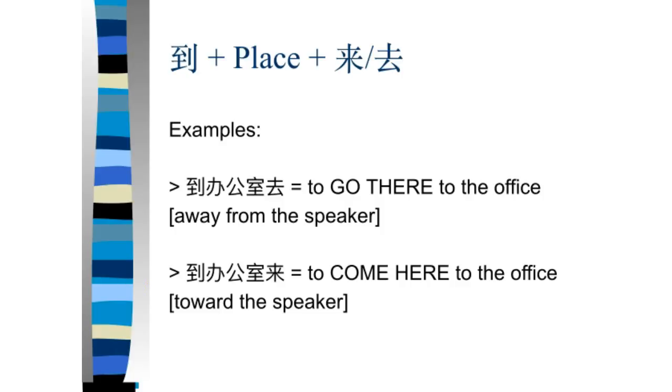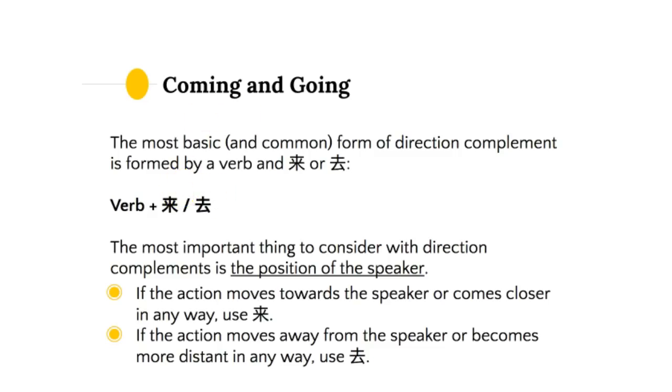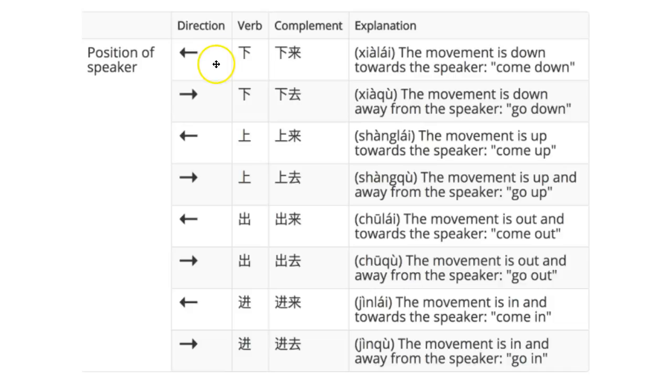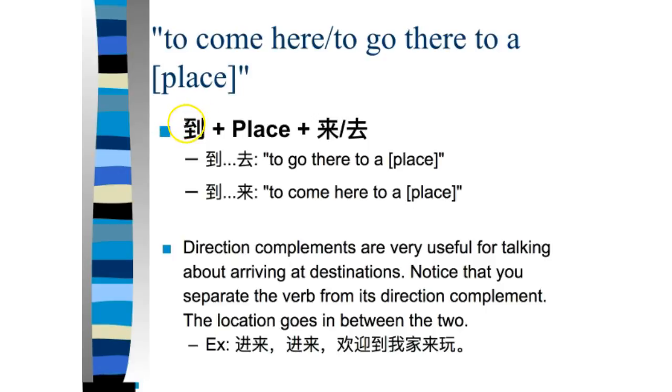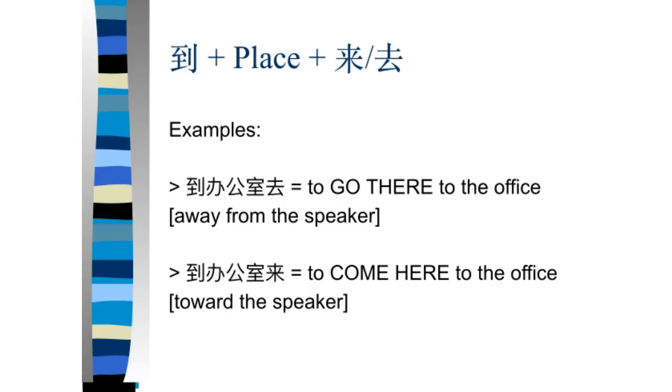So let's review. First, we have these so-called direction complements with 来 and 去, such as 下来, 下去, 上来, 上去, 出来, 出去, 进来, 进去, also 回来 and 回去. We could also expand this a little bit by using the structure 到 place 来/去. For example, 到办公室去 and 到办公室来. Okay, 这是我们今天的生词和语法，谢谢大家的收听。